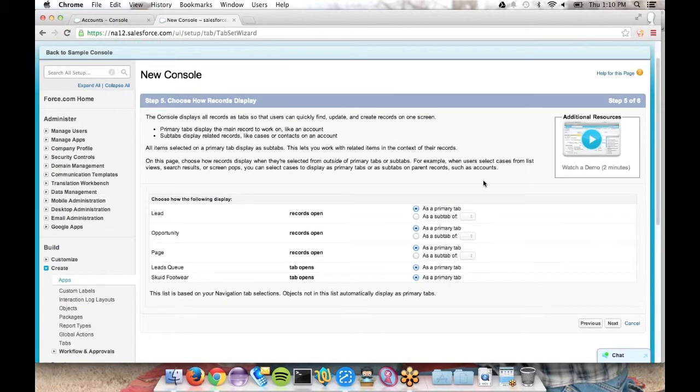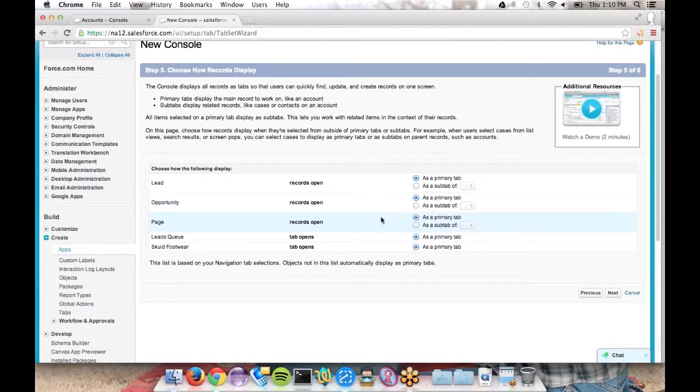So then, what happens next? The next wrinkle to the whole console view of things is that you can choose how particular records of an object will open relative to the console UI. In Salesforce, we have the concept of relationships. Opportunities, for instance, are related to an account. They have an account lookup field. Contacts are related to an account. And you may have all different custom relationships. With consoles, you can choose to have related or child records open as subtabs of their parent, and that parent is loosely defined based on your object model.